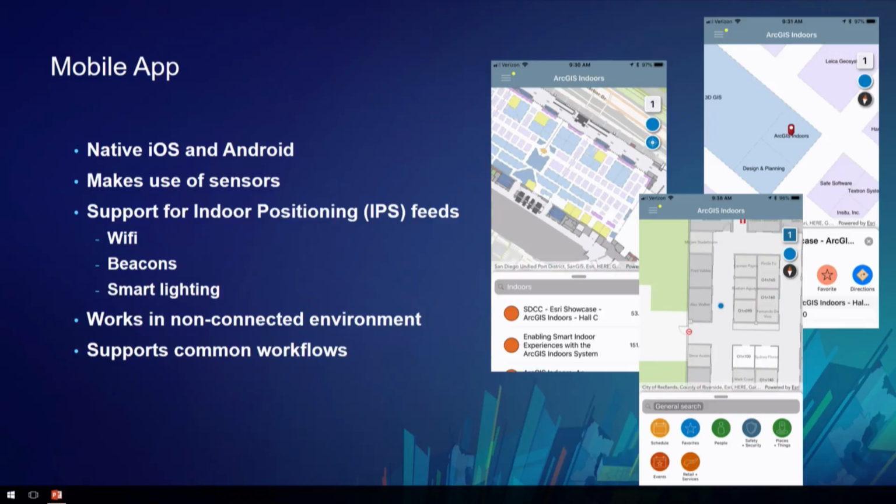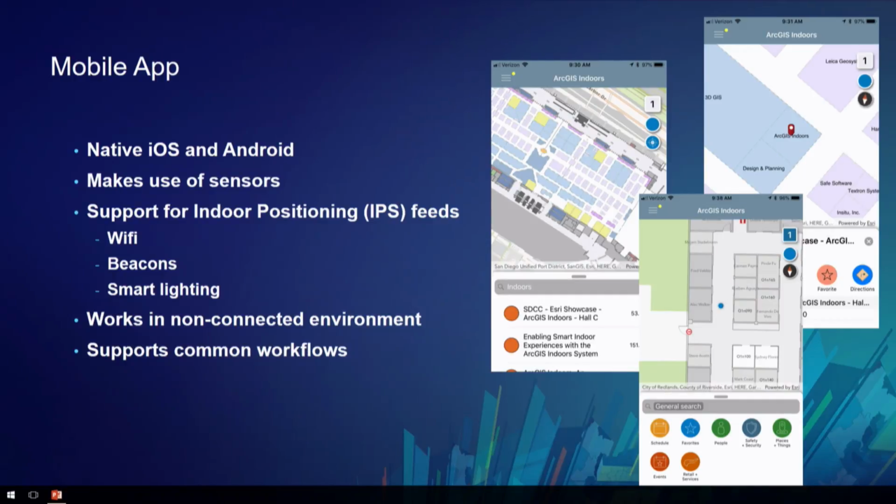There's also some partners that work with something that's pretty interesting from a technology perspective, smart lighting. Don't really have time to get into it too much here, but if you're interested in hearing more about that, stop by the booth. That's pretty fascinating and can give a really accurate indoor position. Pretty neat stuff.